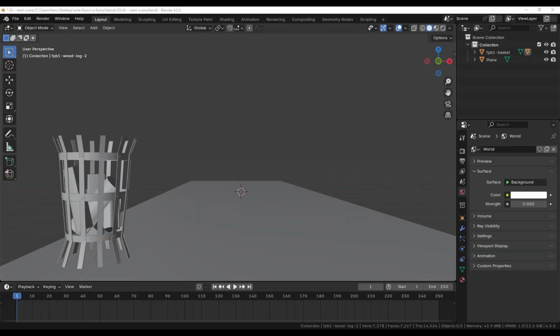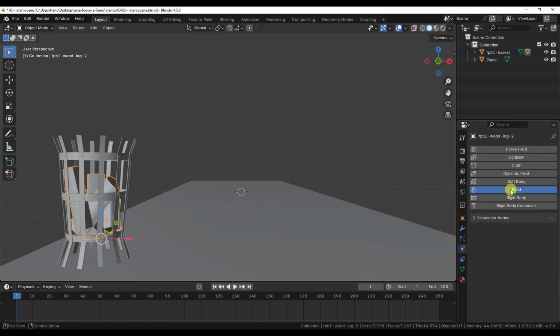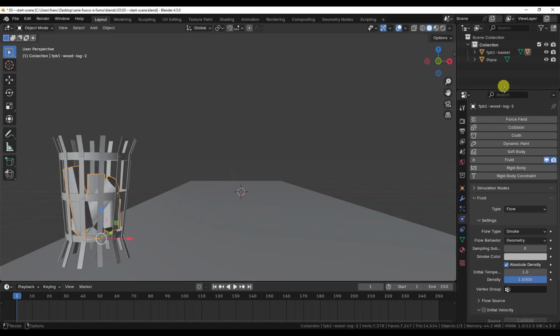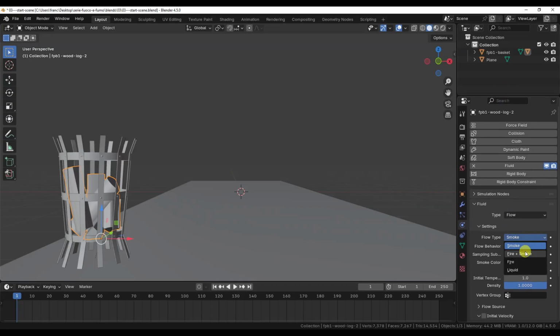From the previous episodes, we know that in order to make an object produce flames, we need to assign it a fluid component of type fire and smoke flow. So I add a physics fluid component to the firewood, setting inflow as the behavior of the component, which means the wood will generate flames on every frame.